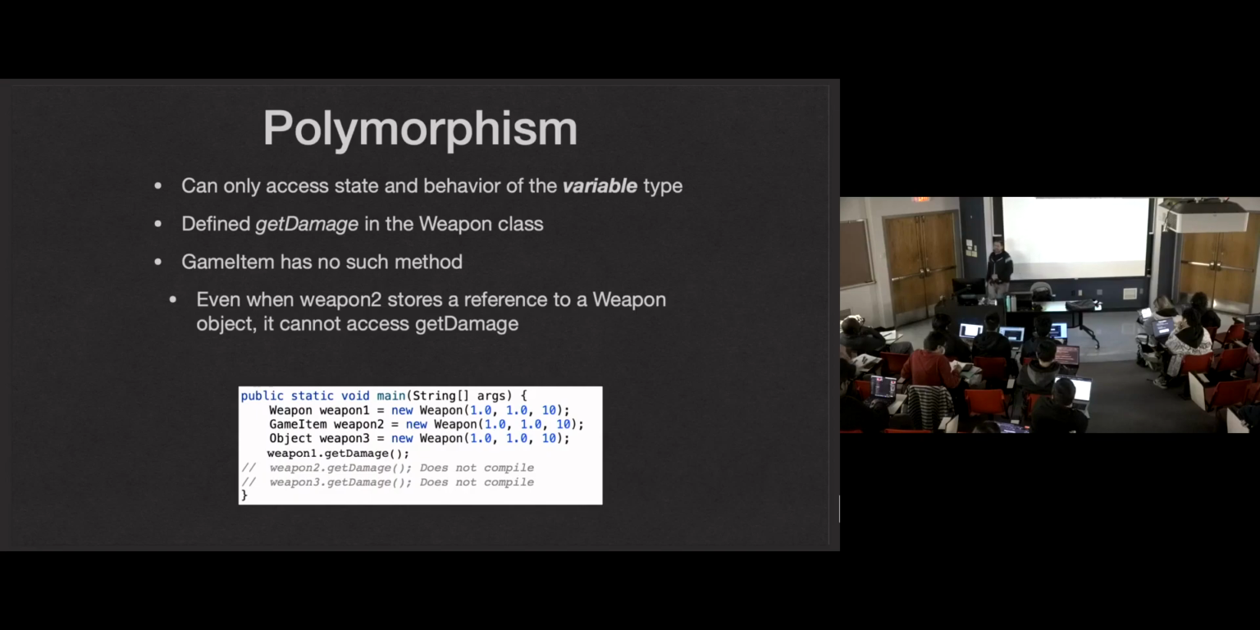Not allowed. If I uncomment that line, it's going to be a compiler error. Program doesn't run, everything breaks, doesn't work. Same with object. The object class definitely doesn't know about a getDamage method, so I can't call it through a variable of that type. So I'm limiting my functionality here. Yeah. So when we store the weapon in a game item, kind of like we cut off the state of behavior from the weapon, but